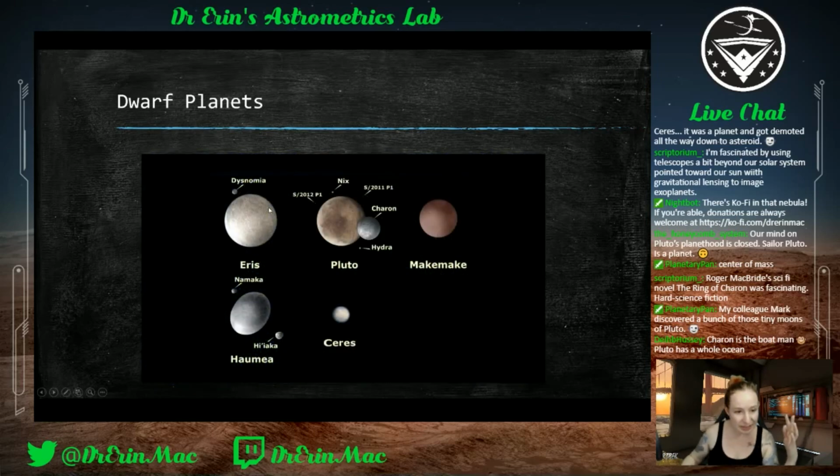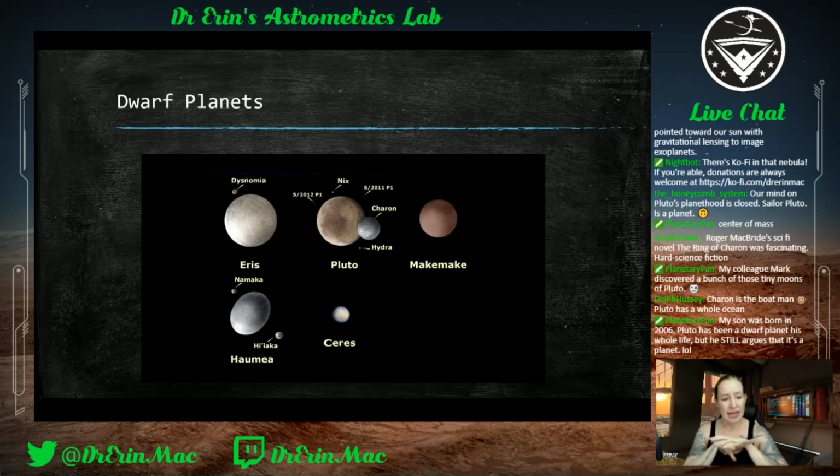So we do have some awesome dwarf planets out there. The definition of dwarf planet that they came up with to find this happy place is essentially, it has to be big enough to be spherical, round, under its own weight. So it has to be massive enough to be roundish, like an asteroid necessarily isn't, because it's potato shaped. It's just not massive enough to be spherical.